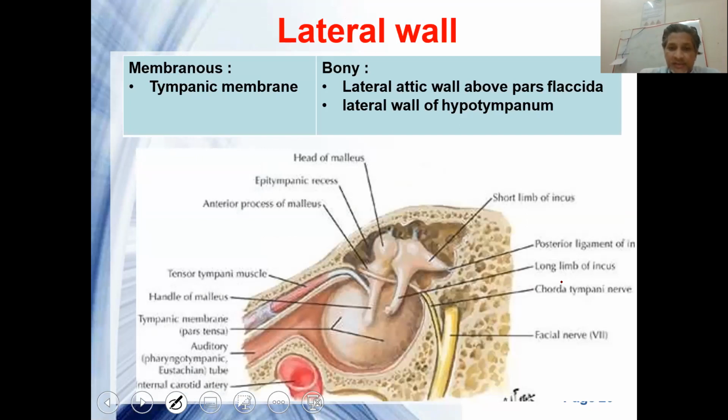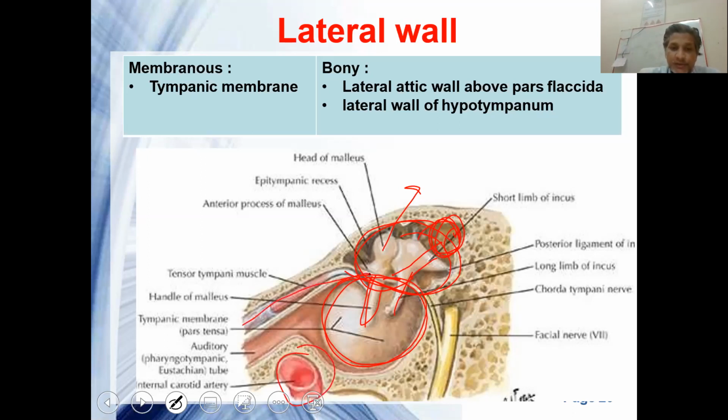Okay. Next is the lateral wall. You can see the body of the incus and the head of the malleus lie in the epitympanum. This epitympanum continues through the aditus into the mastoid antrum. This is the mastoid antrum segment. Since the tympanic membrane is a translucent structure, you can see the handle of the malleus and the long process of the incus through it. Deep to it again will be the carotid artery.